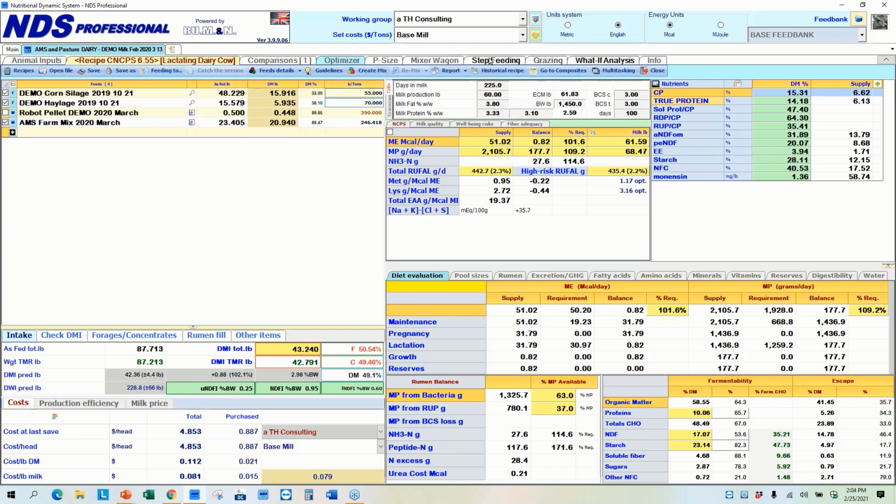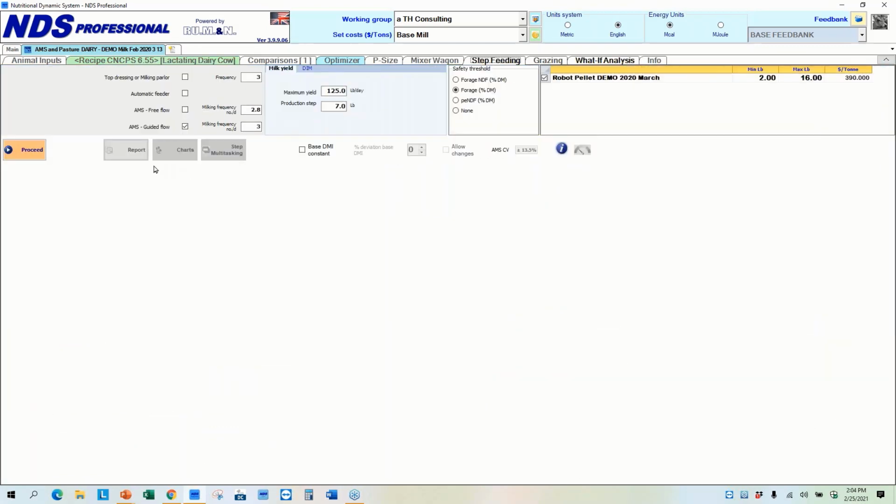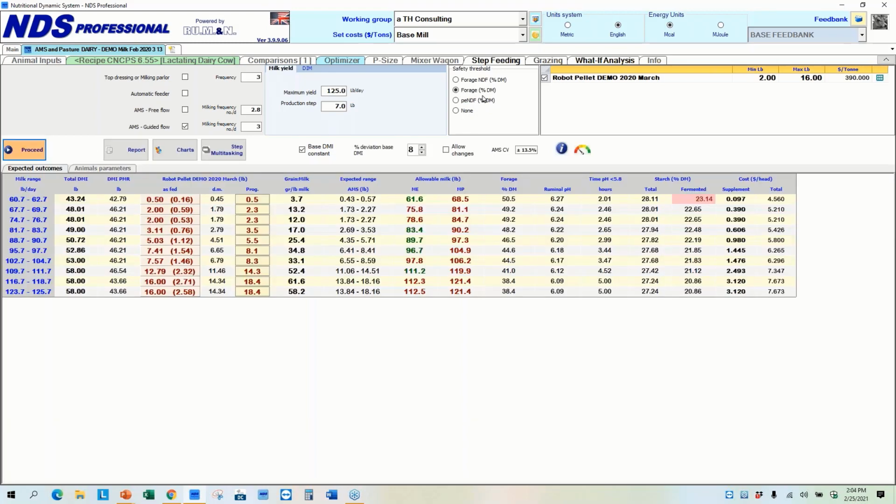Again, the pellet would be in the step feeding, and then I have the best results pushing the TMR for guys and maybe allowing some deviation, whatever the cow's going to do, and then running the system. I've used forage percent as my safety threshold. And so one thing that we do need to do is talk about real quickly